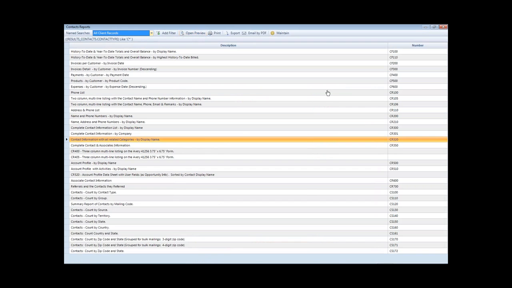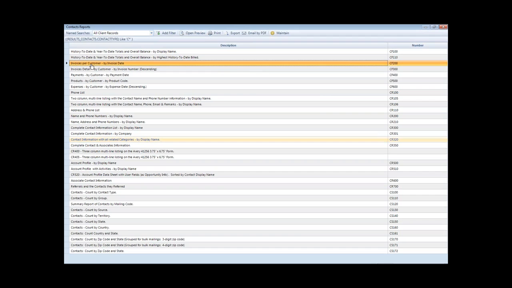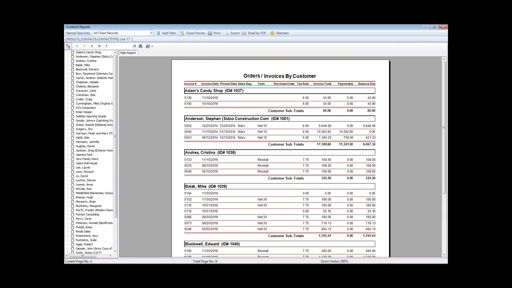There's also many types of reports. Some of them are not going to appear to you. For example, you see those CF reports? These are the letter C stands for contact, F is financial. So this is financial data. If your security rights doesn't allow you to see financial data, you will not see the list of reports up here. But if yours allows you to, you're able to come in here and say, show me those customers and